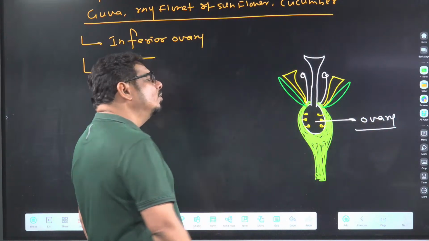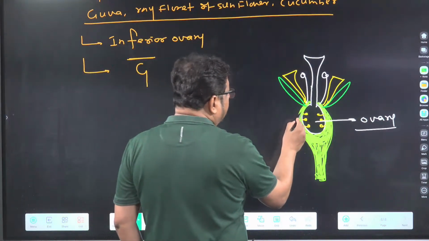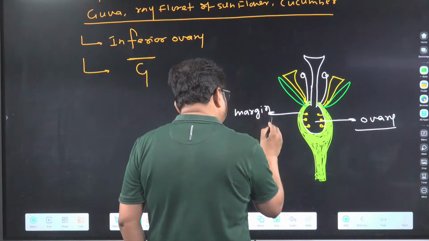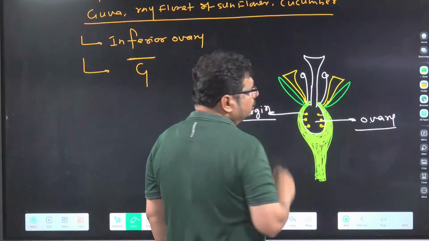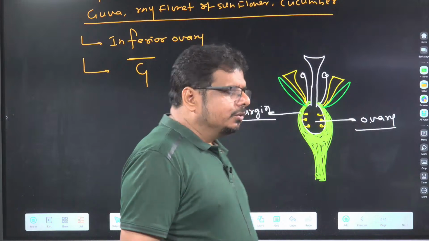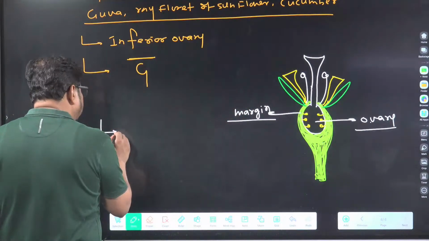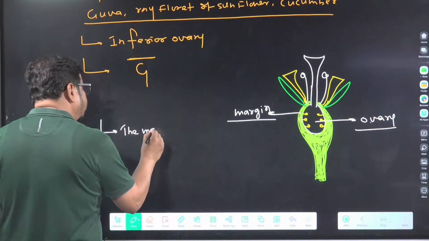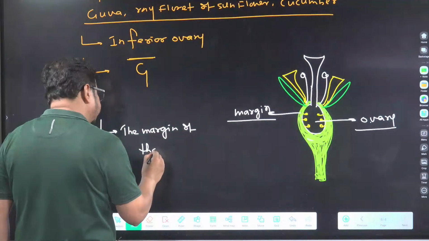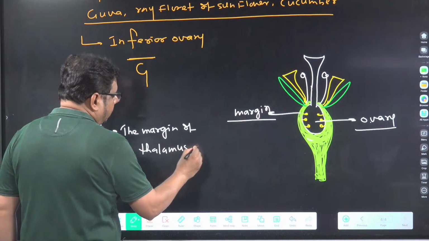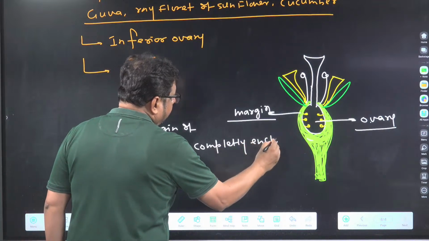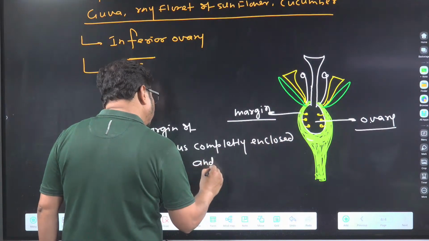So who is the lowermost in position? And this is also called margin, rim or margin. So who is at the lowest position? Can I write here: the margin of thalamus completely encloses the ovary, enclosed and fused with the ovary,